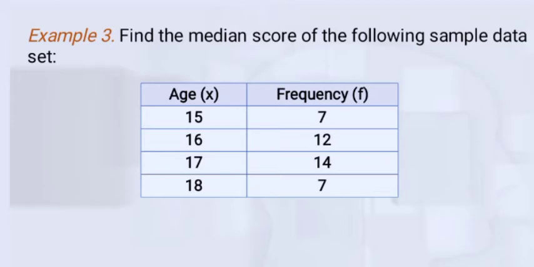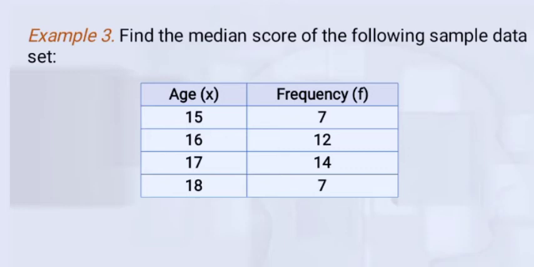In our next example, let us find the median score of the following sample data set. So we have the age 15, 16, 17, and 18, and the frequency of the age 7, 12, 14, and 7. So in finding the median score of this dataset, we must find first its cumulative frequency,